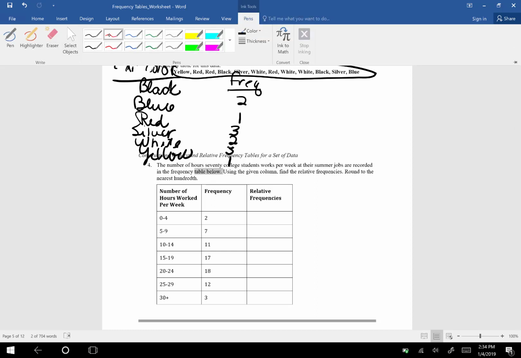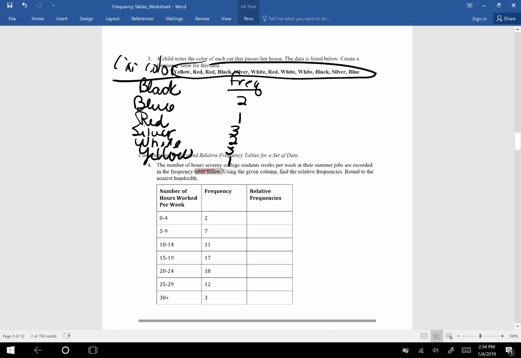But had it not told us that, we could add our frequency and they should total 70. This is lowercase n, or our sample size. So to calculate the relative frequency, we're going to take the frequency of each class and divide it by